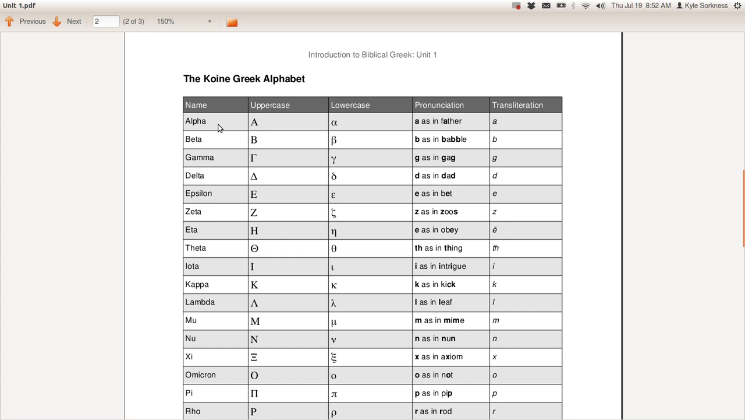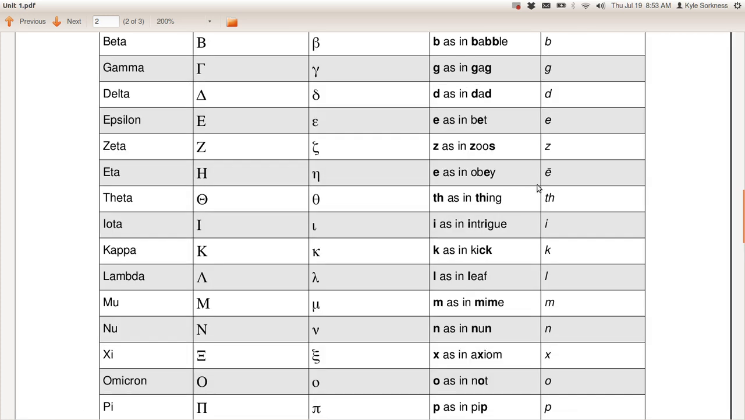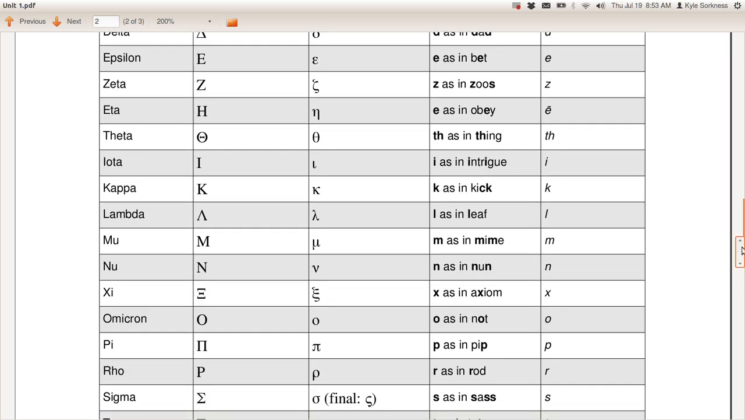So a lot of these are pretty intuitive. Alpha is an A, beta is a B, gamma is a G, delta is a D, epsilon is an E, zeta is a Z, eta is an E with a line over it. I'm going to zoom in so you can see that. That's eta. Theta is TH. Don't worry about memorizing these. That's why I'm running through them quickly. Iota is an I, Kappa is a K, Lambda is an L, mu is an M, nu is an N,